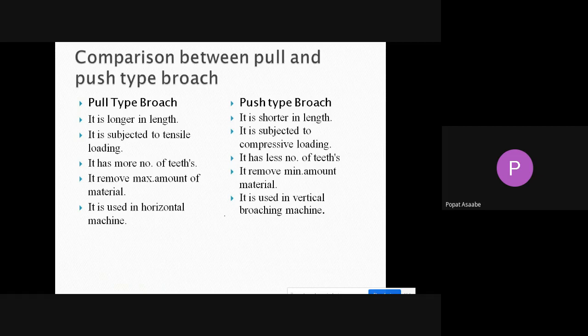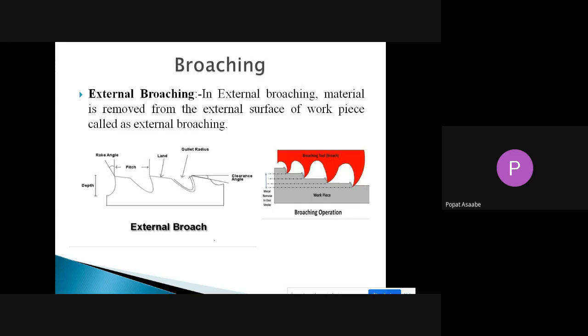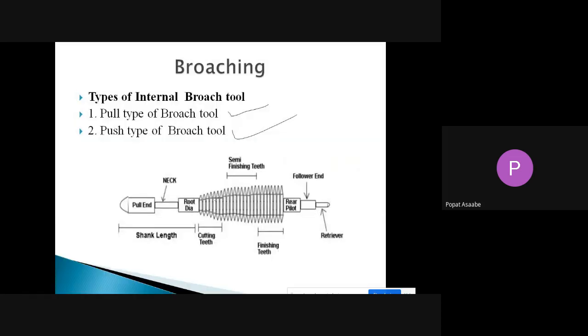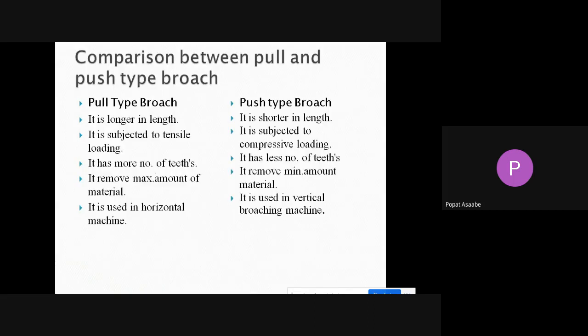In the pull type, the length of the broach is longer, and in the push type its length is shorter. The pull type is subjected to tensile loading, because we are pulling the broach.